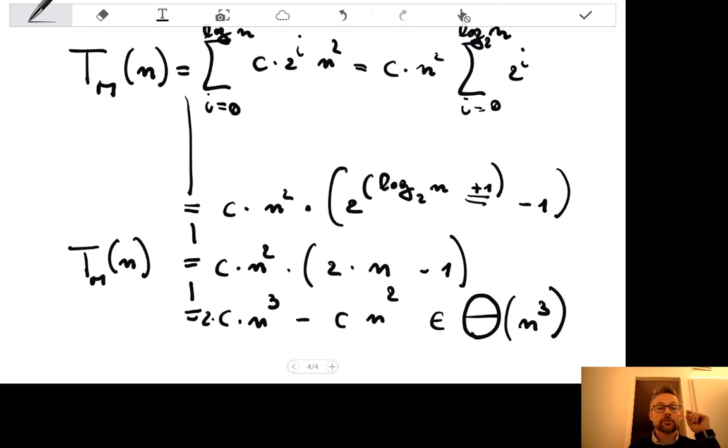Okay, so the overall complexity of our divide and conquer strategy is theta of n cube, which by the way is